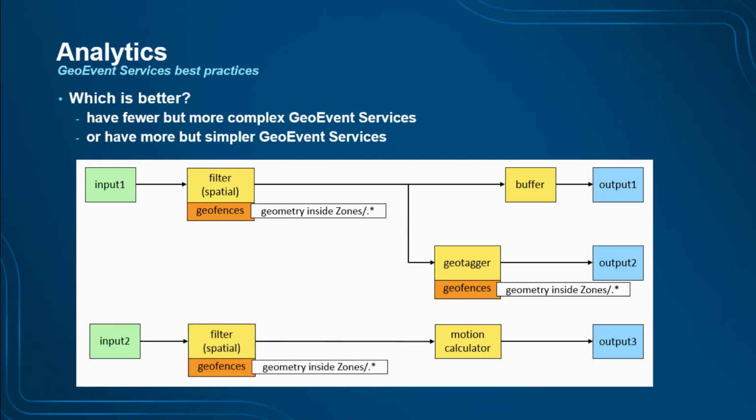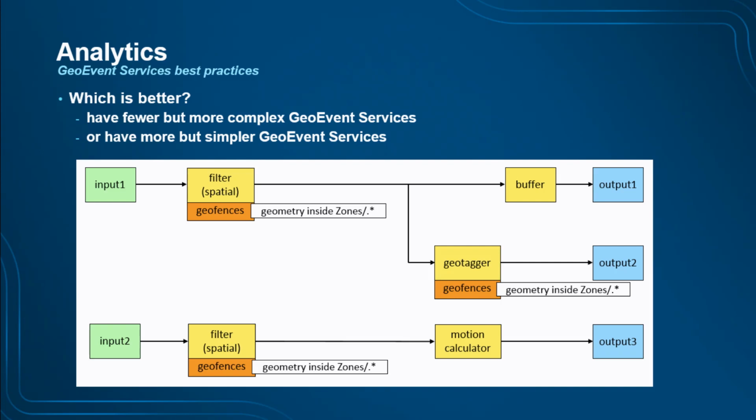in one GeoEvent service. And so in this case, yes, it's a little bit more complex compared to what it was before, but the zone geofences are only pulled into the cache once, and they can still be applied at all the different steps in that service as needed. So in this sense, we just have now one pipeline that splits into two for input 1. It gets the filtering step, and then it's either buffered and sent to output 1, and then it's geotagged and